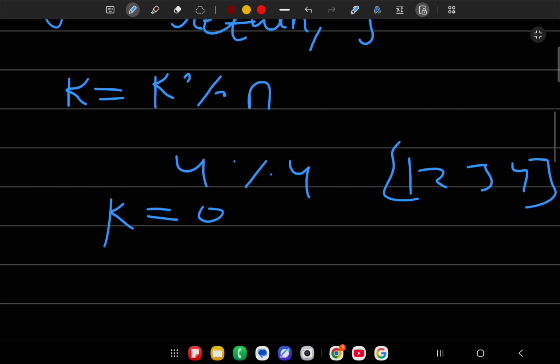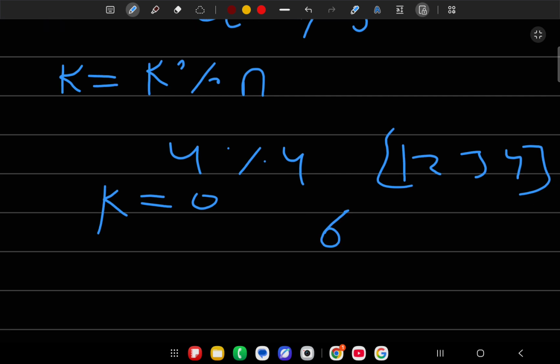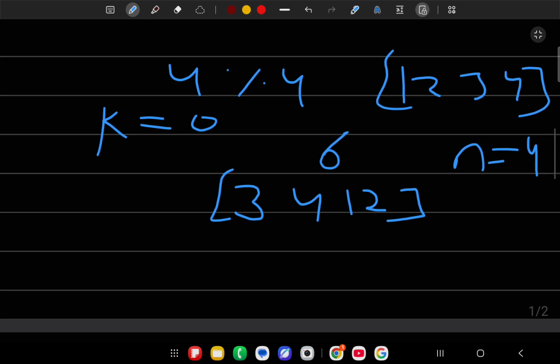Let's suppose the k value is greater, say 6, and n is the size 4. How many times will we need to rotate it? If we rotate 6 times, what should our final answer be? That is 3 4 1 2, and we would have to rotate 6 times. That is not good. That is why we use 6 modulo 4.